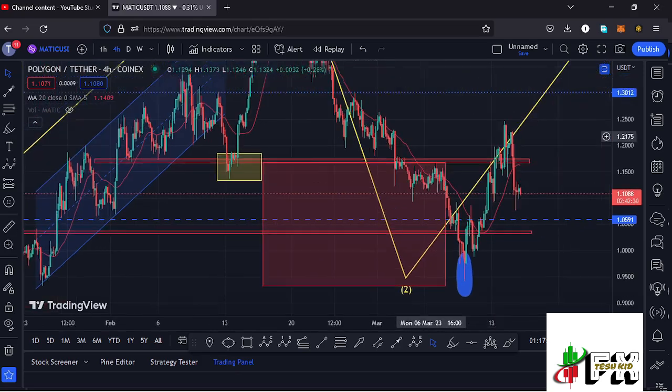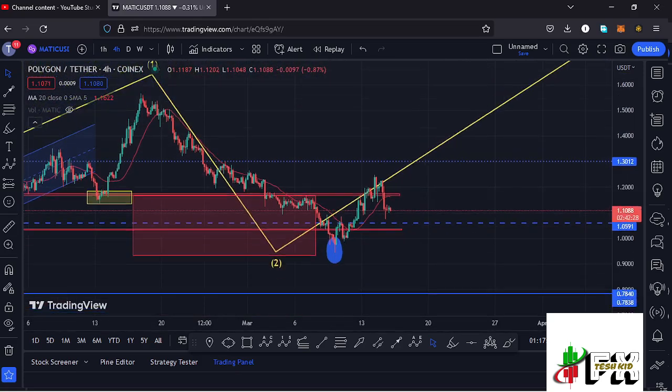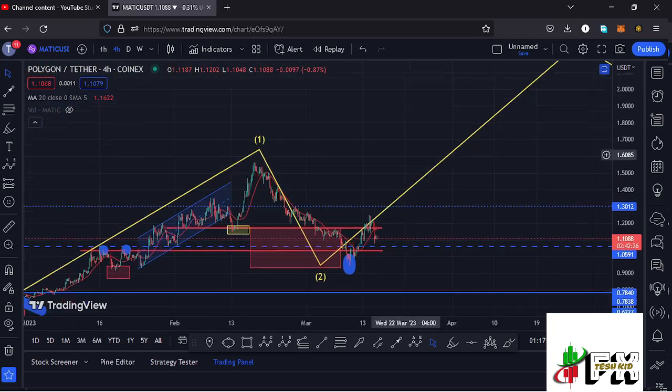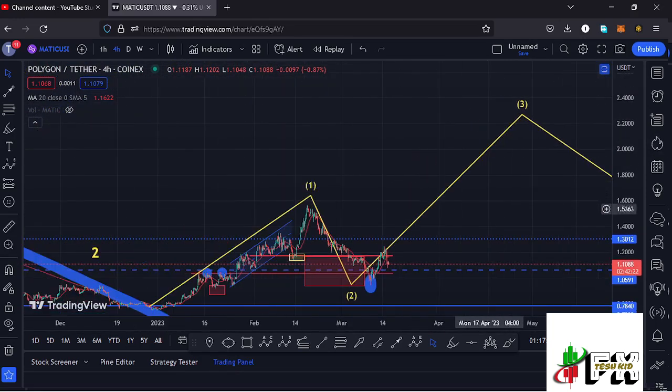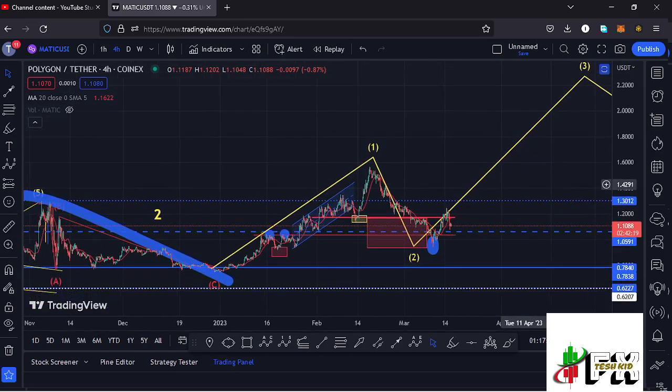And I believe that whatever we are seeing over here is the start of an impulsive wave to the upside in the formation of this wave 3 to the upper side. And before I get further into the technical analysis to give you the short-term scenarios and my next price targets to the upside in the formation of that wave 3,